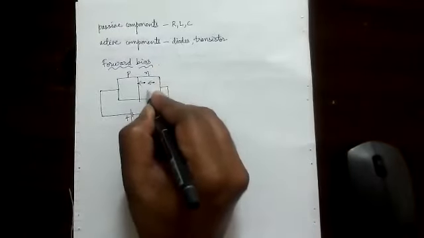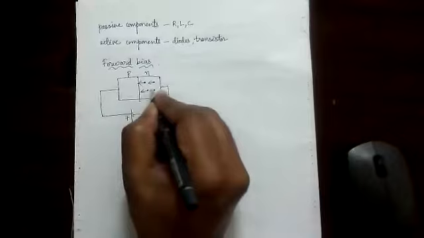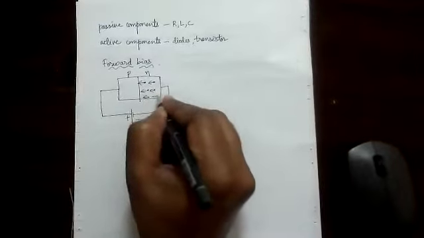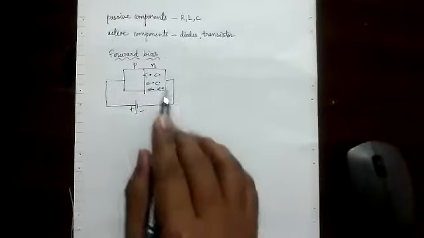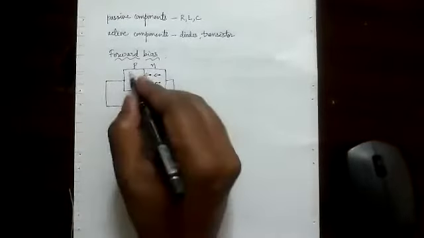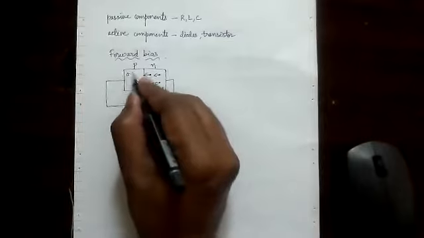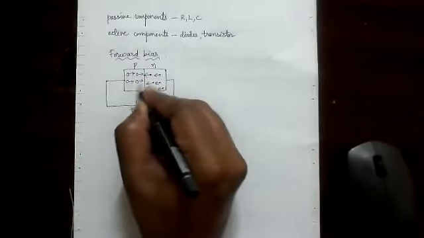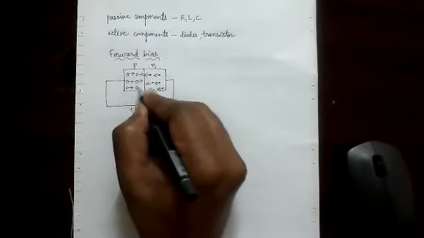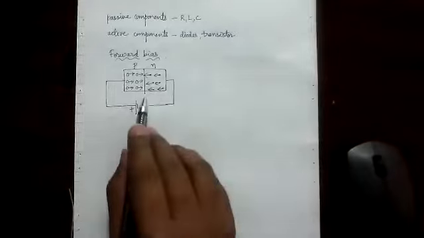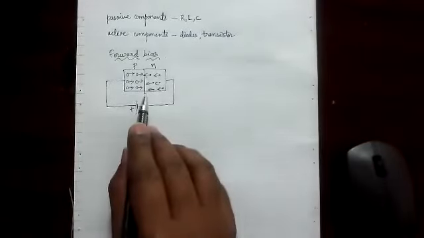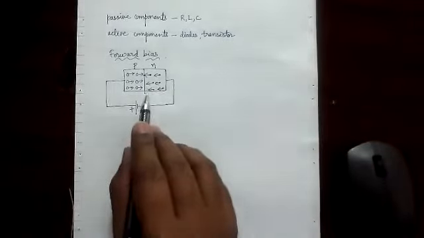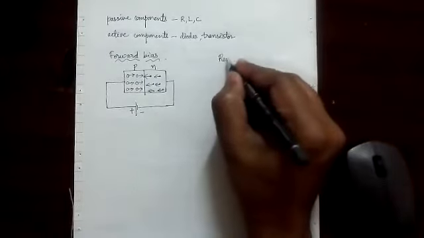Electrons will move from N to P, and holes will move from P to N. This is what happens in forward bias, and because of it, the depletion region will become very thin in this case. Whereas in reverse bias,